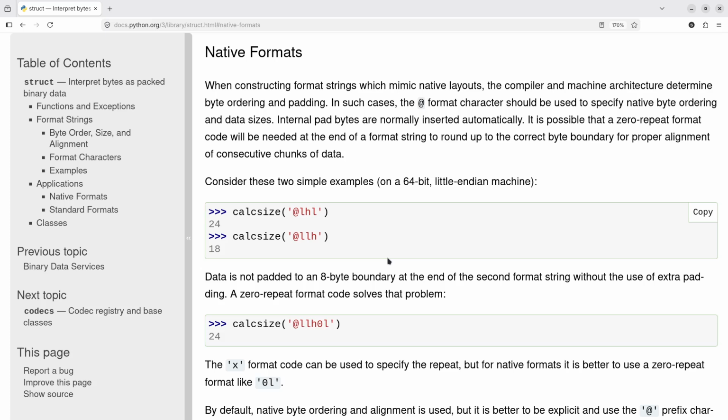We will resume where we left the discussion of the struct module, that is native formats. We will finish this read through and then we'll see an example of codecs, and we will move on to the codecs discussion after that. So native format says that when constructing format strings which mimic native layouts, the compiler and